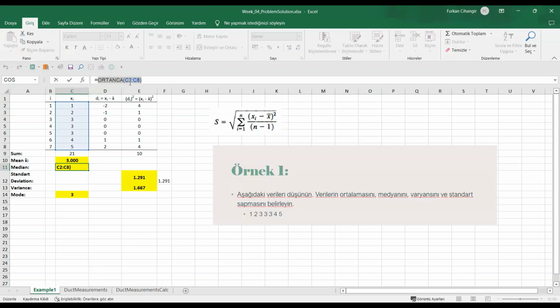It is ortanca, and in this parenthesis you give your interval, which is C2 to C8. Okay. And you can write your deviations like this. How do we do that? In this block, for example, I just took the differences, okay? And here you're taking